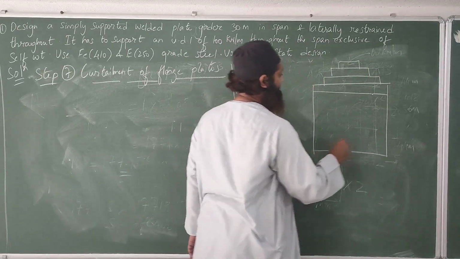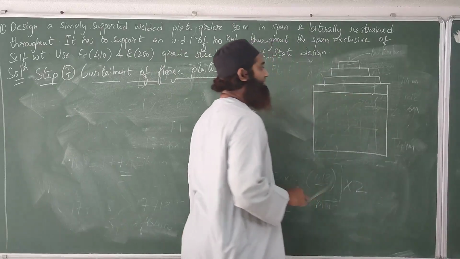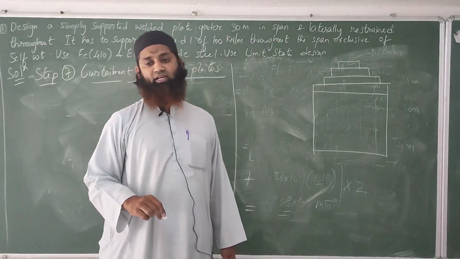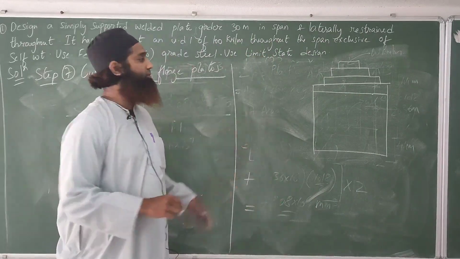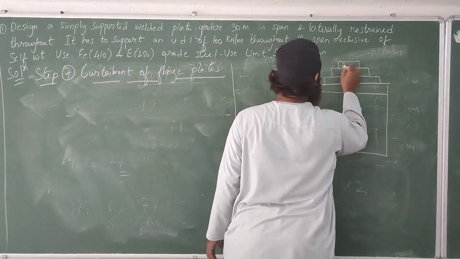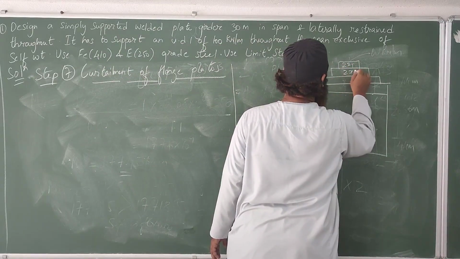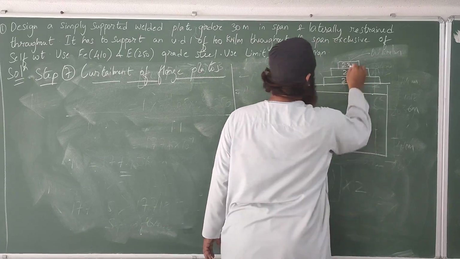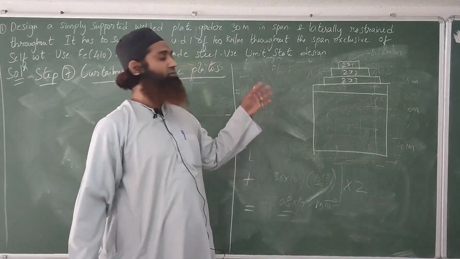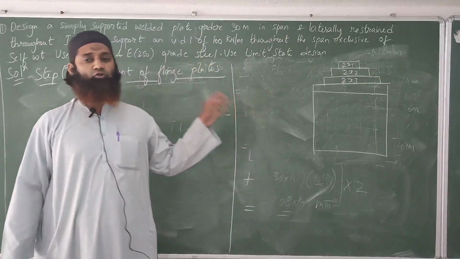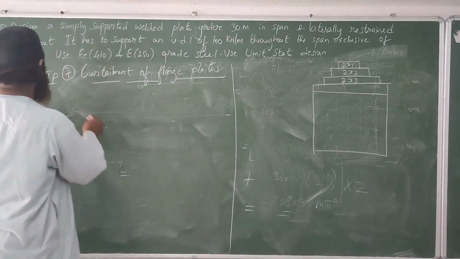Okay, fine, we'll just see this. If one plate of 14 mm has been provided, and the lowest part will be 2x1, this will be called 2x1, this is 2x2, and this is 2x3. We'll have to find out how much size of the plate should be cut and how much should be left. That is given by the equation.